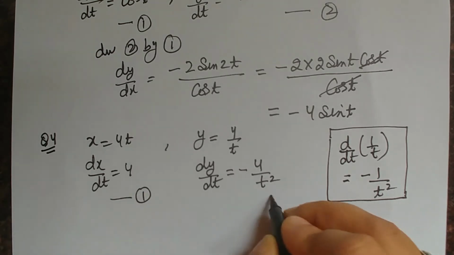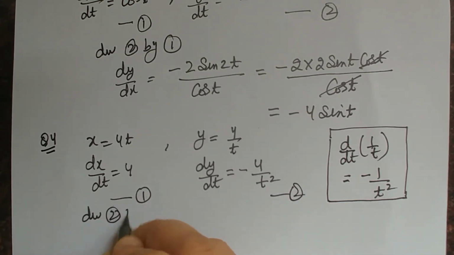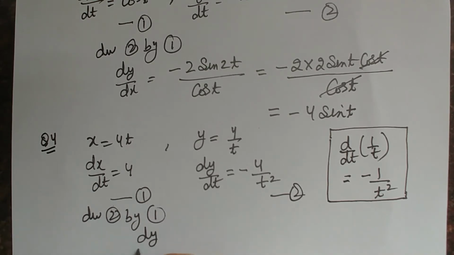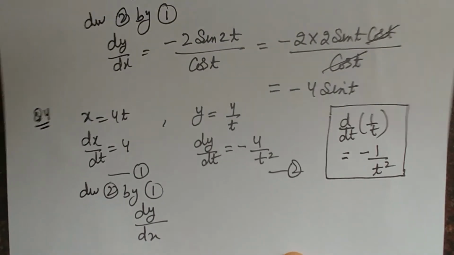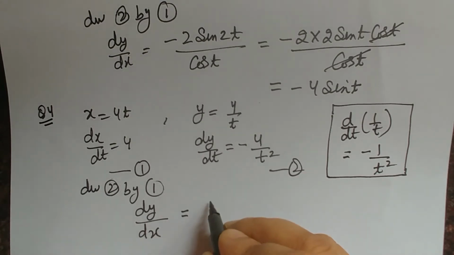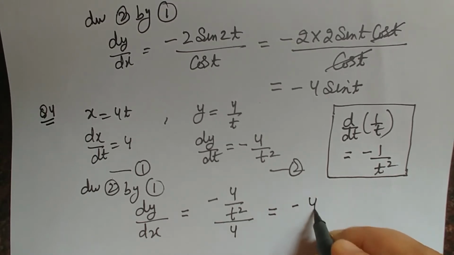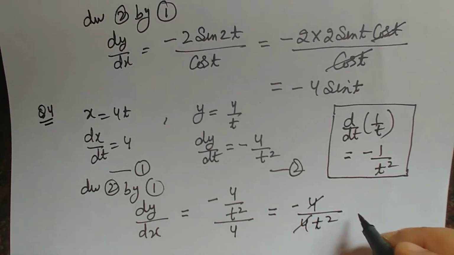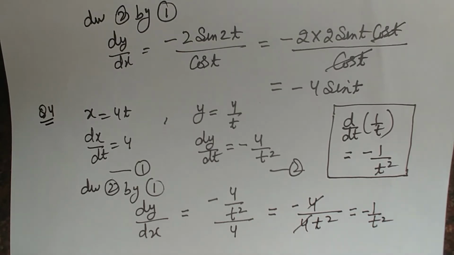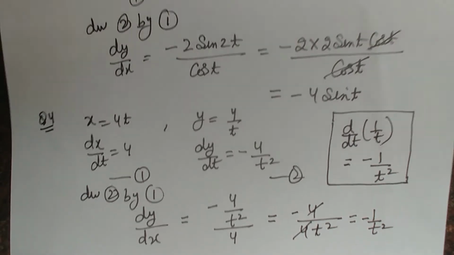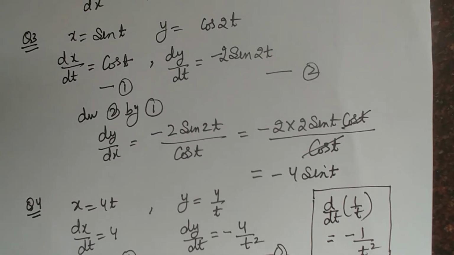Now this is again 1, this is 2, divide 2 by 1. I'll get dy by dx. This is equal to minus 4 upon t square divided by 4, or minus 4 upon 4t square. So it is minus 1 upon t square. Okay, this is how we will differentiate number 4. Now question number 5. Let us see question number 5. What does it say? Question number 5 is